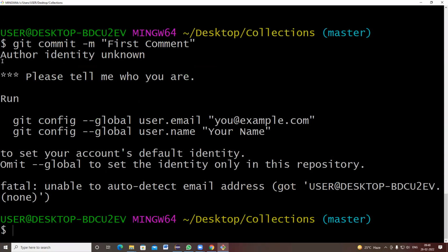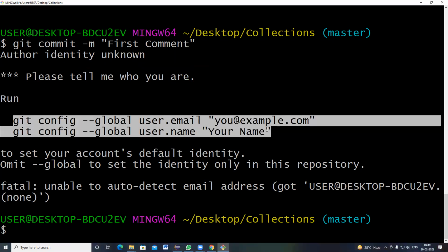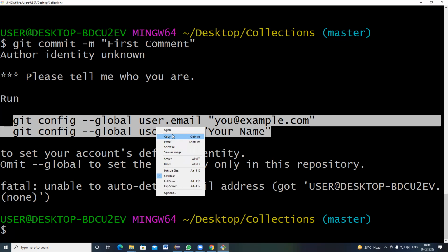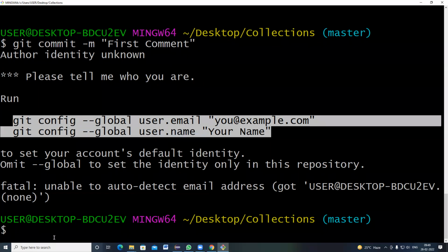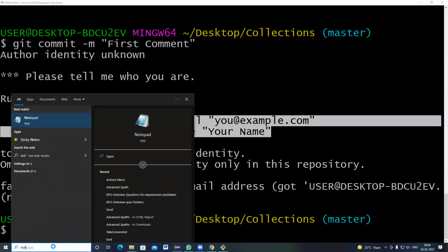Now since this is a new user, okay, you will be prompted with 2 command prompts here, okay. 1 to provide your email ID, 2 to provide your username for GitHub in order to clone that account, okay. So you will have to just copy. Control C, Control V actions will not work here, okay. So you will have to just right click and copy this thing in Notepad,